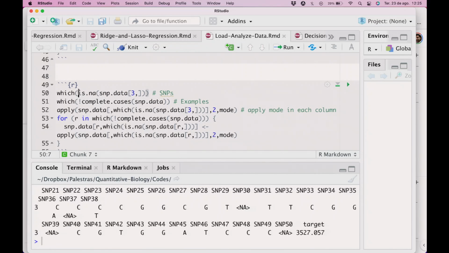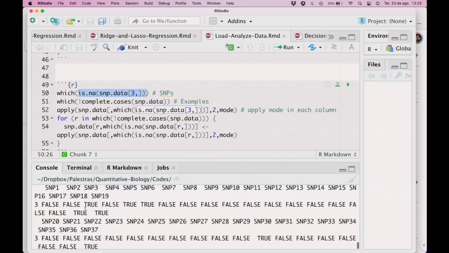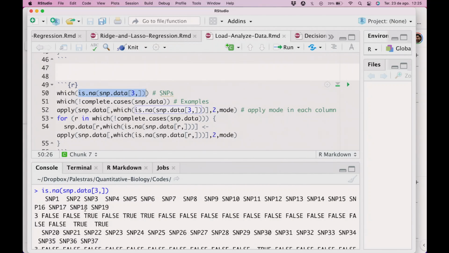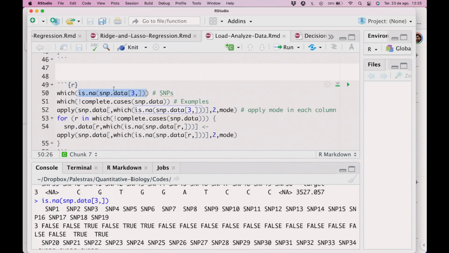So I'm going to get the positions, okay? I'm going to check what positions are not available. This returns a vector of true and false, okay? True where SNP data in line 3 is not available, false